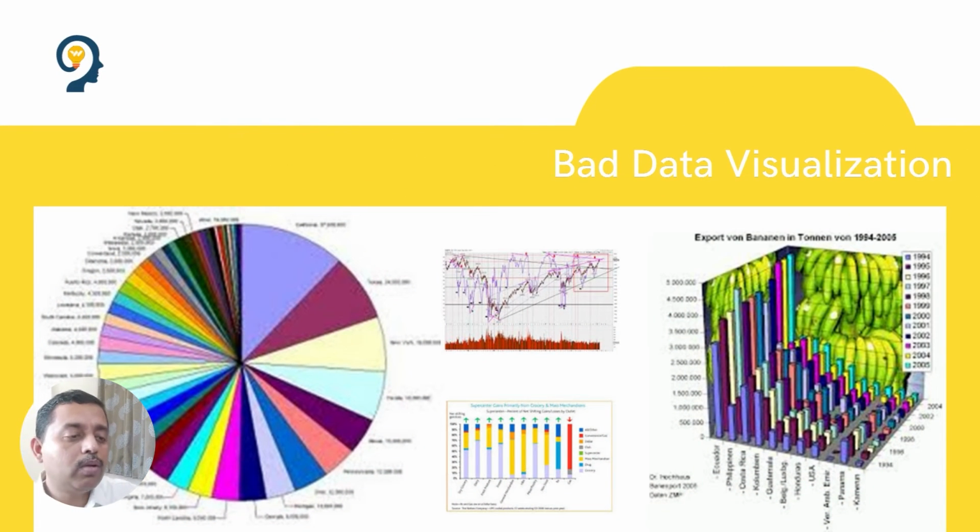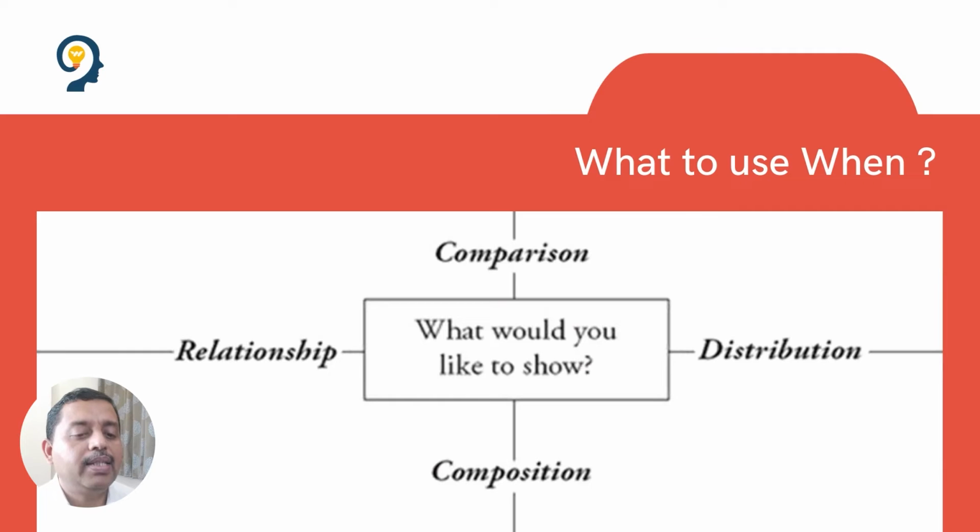Then comes some examples. We will talk about some bad examples and good examples. This is an example where you can see that multiple segments are used to define this data, and it is a bad example. Then on the right hand side, in this particular image, an image has been put as a part of the chart, which is also killing the purpose over here. We need to understand precisely why we need visualizations. We need visualizations for 4 different uses: comparison, composition, distribution, and relationship.